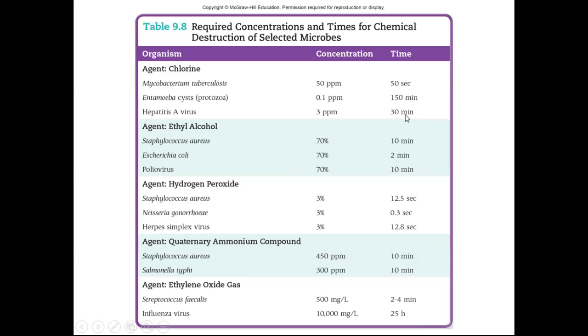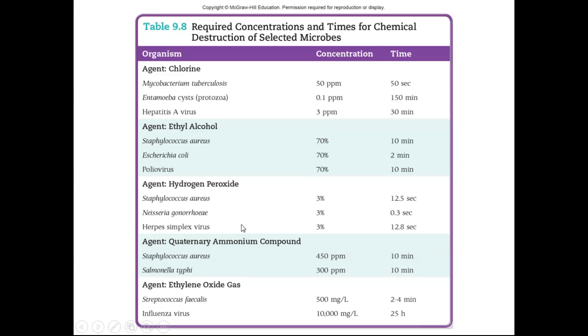So what I want you to look at here is that if we use bleach to disinfect something, it takes, generally speaking, 30 to 50 minutes. We're looking at typically a half hour to an hour for our time periods here. That 50 seconds is kind of the exception. If we're working with ethyl alcohol to kill a wide variety of bacteria, we're looking at a period of minutes at a 70% concentration of ethyl alcohol. If we're working with hydrogen peroxide at 3% concentration, we're looking at seconds to kill our microorganisms.